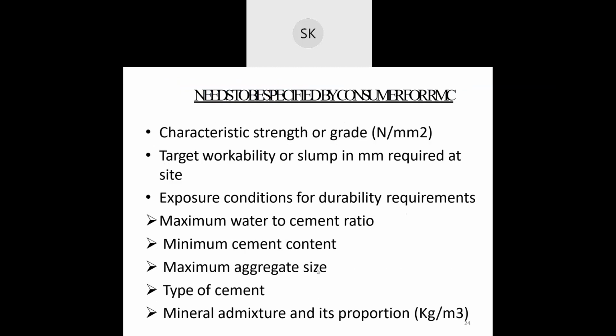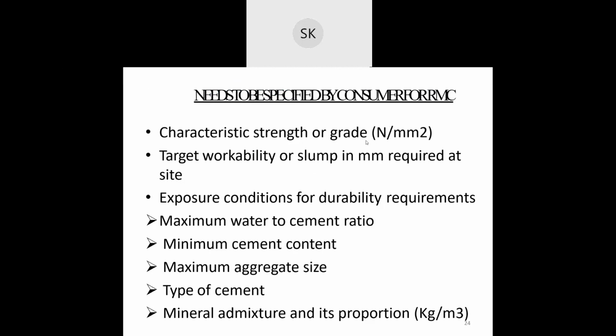Now, what needs to be specified by the consumer. If you are a consumer and you have ordered the RMC, you have to be specific about various things. Number one is the characteristic strength or grade. Which grade of concrete do you require?